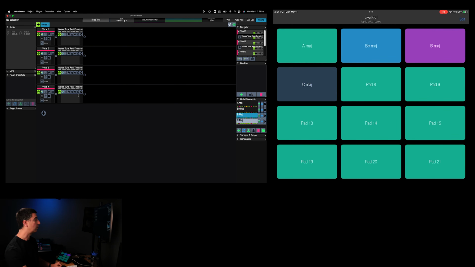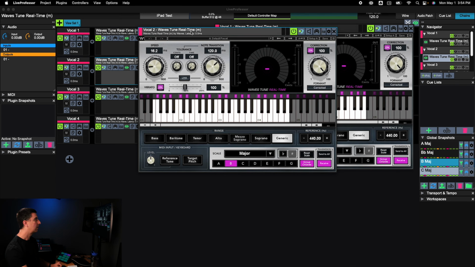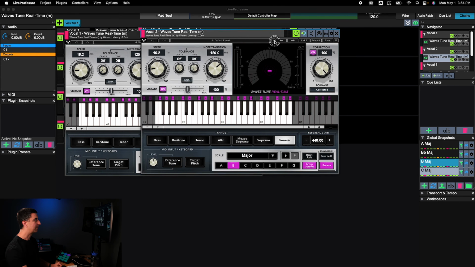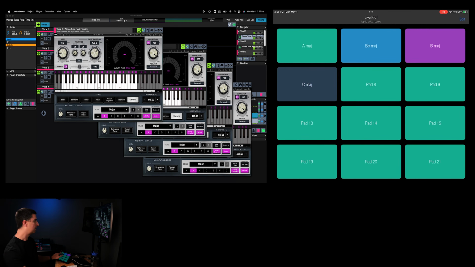Let's verify that it worked. Looking at all of these, let's set them up so we can see all of them at once. They're not in order, but that's okay. And I hit A, everybody goes to A, B flat, B, and C. Repeat this process for all your other keys, and you can set up your iPad to run the tuning key